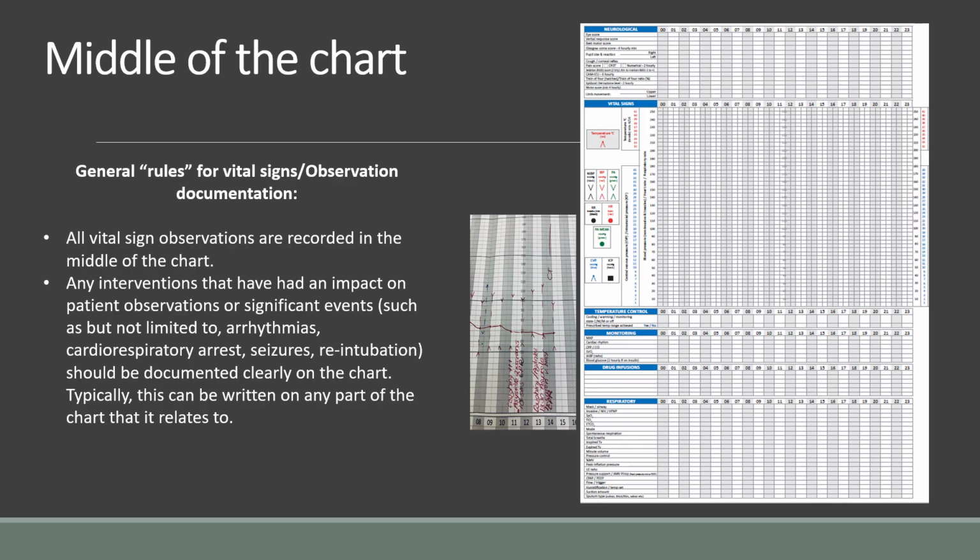So the middle of the chart is where we spend most of our vital signs observations. You can see at the top is our neurological stuff, with sedation and things like train of 4, StimPod, dermatomes and motor score. We'll go through that in more depth. Now, in the middle on the left, you can see this is the key to how you document each particular